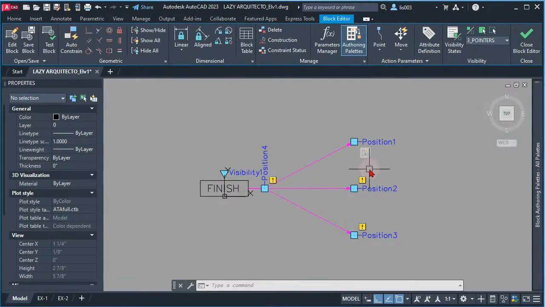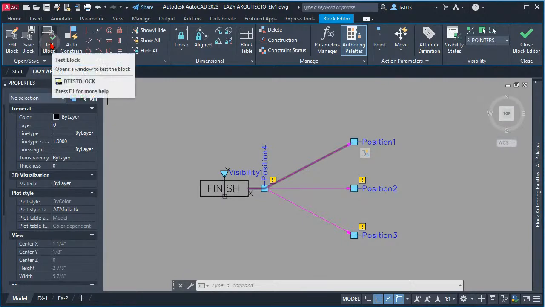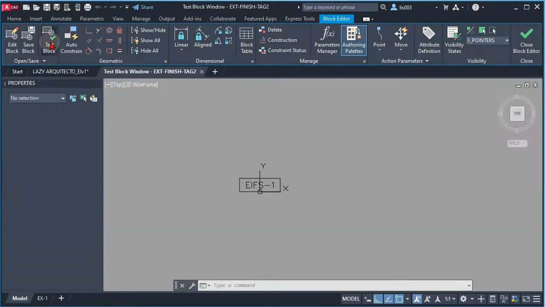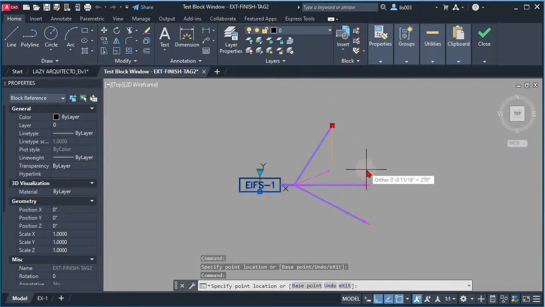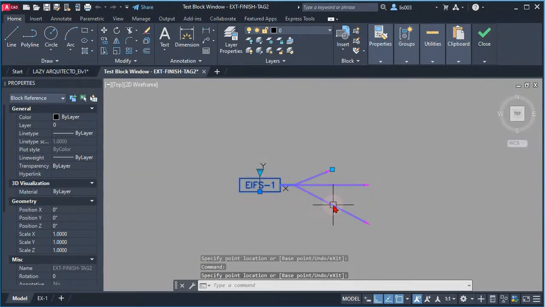However, before I start adding more actions to these other ones, I'm gonna test this block to see if it works. So let's go to the ribbon and test the block. So let me change the visibility to the 3 pointers where we have the action, and you can see that now I have one of these points. So now I can simply move them around as I wish, and point to the correct items. All right, so that's good. So I'm gonna close my block